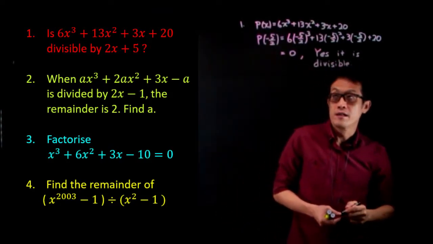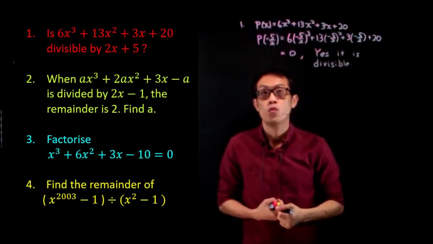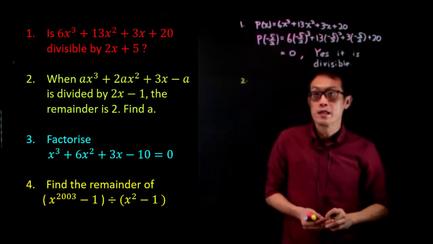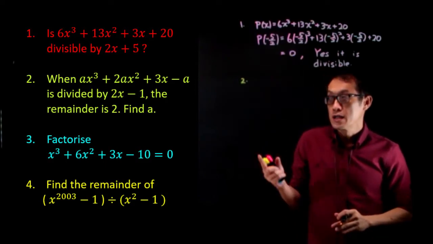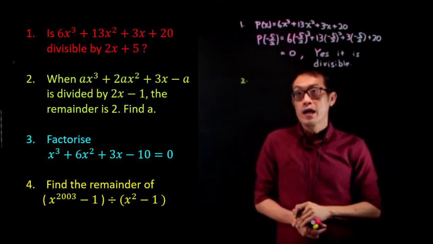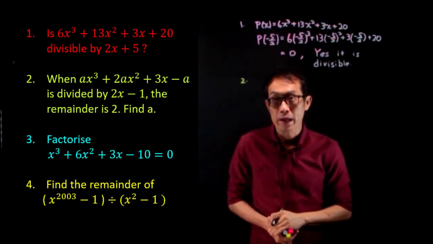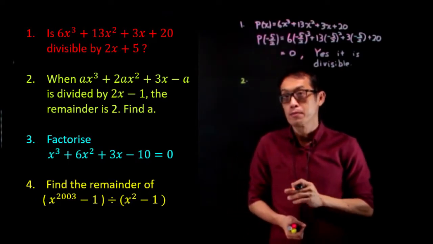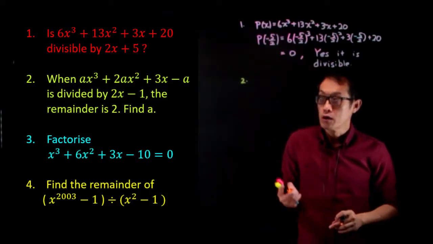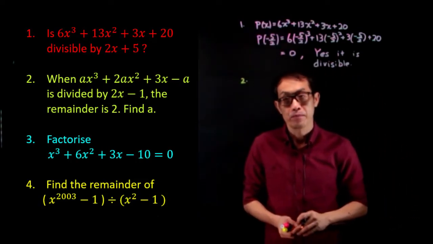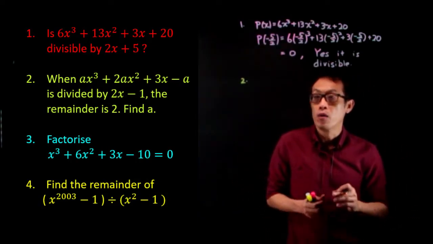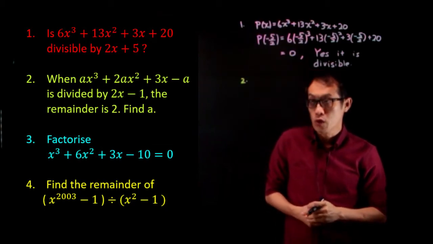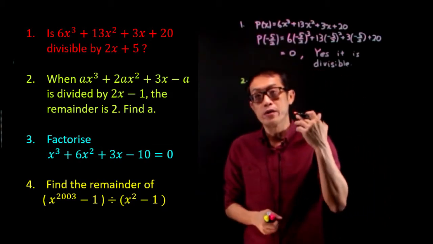Okay. Now let's move on to number 2. Now in number 2, it states that if ax cubed plus 2ax squared plus 3x minus 5, when divided by 2x minus 1, the remainder is 2. You are asked to find the value of a. Now, how to find the remainder when that expression is divided by 2x minus 1? So again, we can use